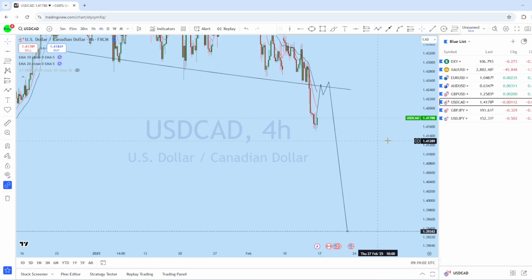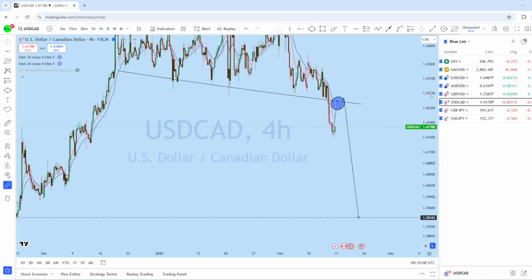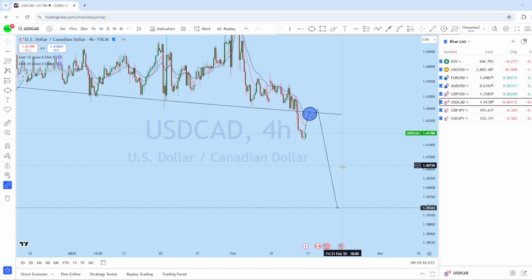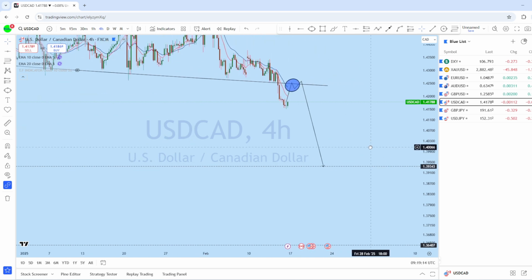So this could be the wave on dollar CAD for the upcoming week, as we are expecting DXY to remain bearish. Dollar CAD may reflect the same pattern and be bearish for at least throughout the week.